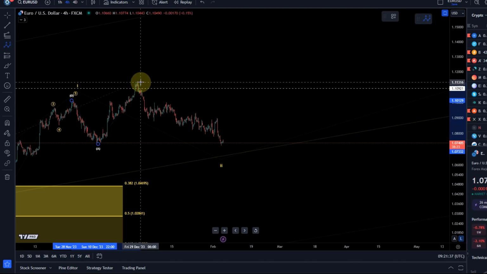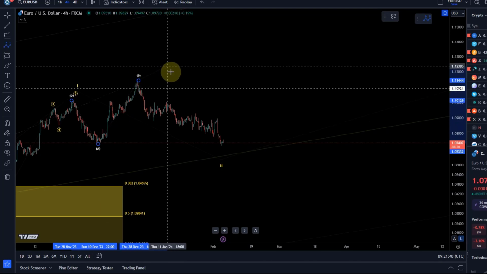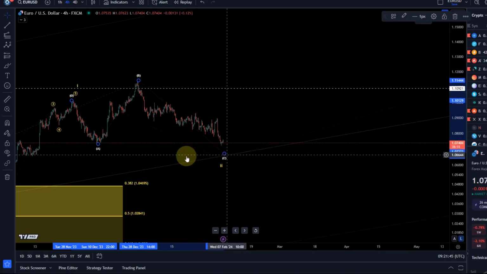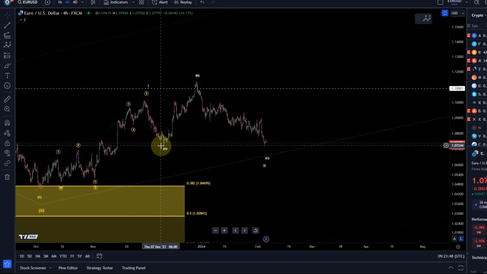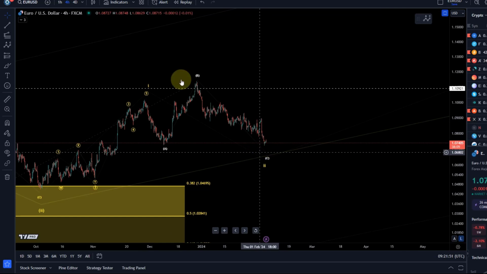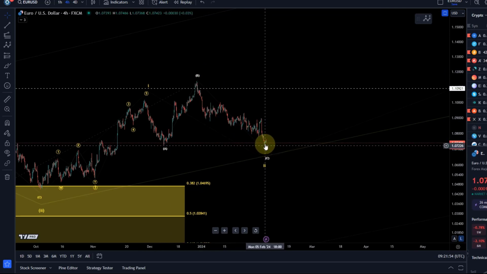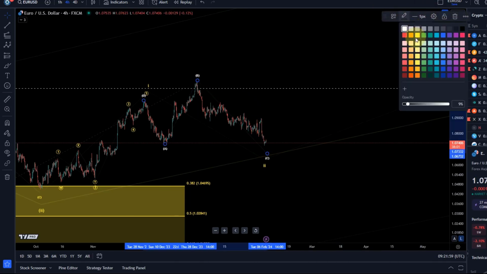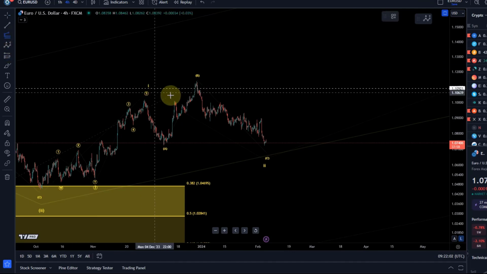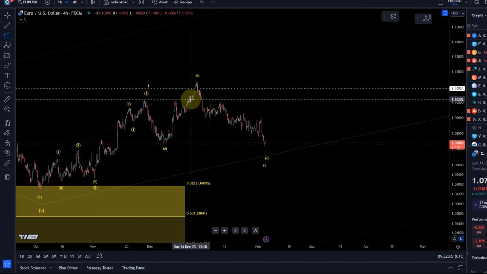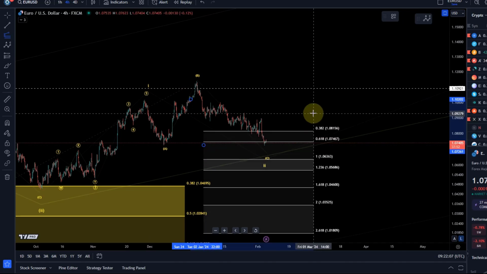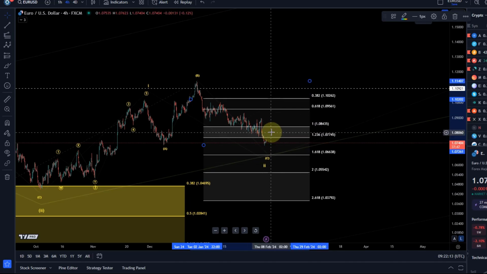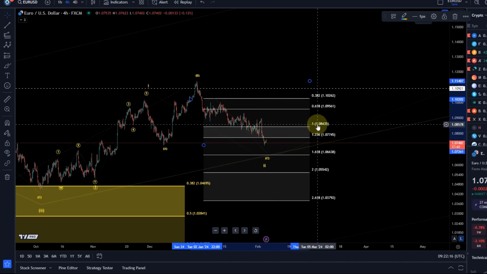The move up looks like an overshooting B wave, and the move down could consequently be a C wave. So basically we're dealing with a flat structure. These flat structures mean that the C wave doesn't necessarily need to end below the A wave, especially if the B wave did overshoot. Now we can use the Fibonacci extensions to calculate a possible target for wave C. We take the length of the A wave, we go to the high of the B wave, and typically what we're looking for is the area between the 100% extension and the